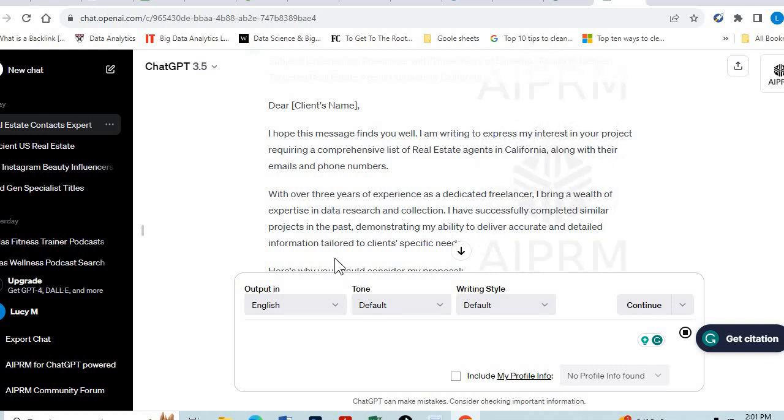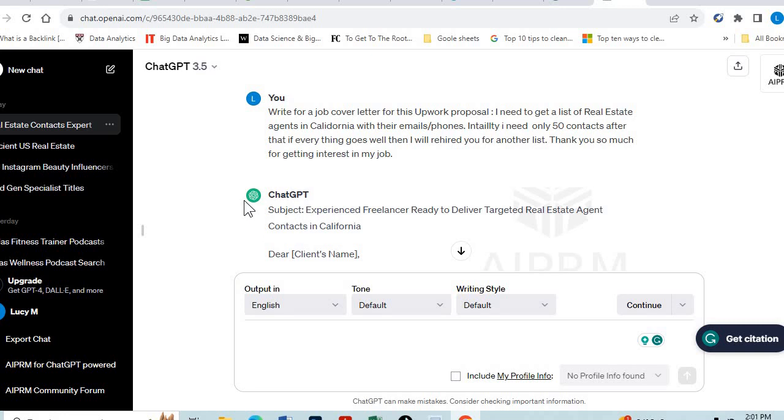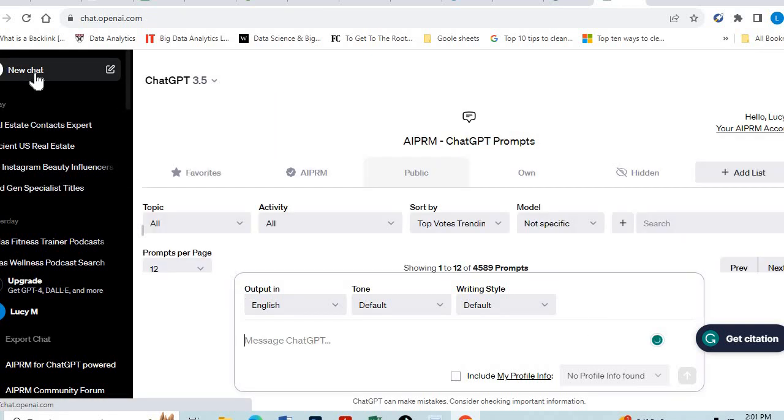Something else you need to know is that ChatGPT sometimes will not have answers for things, because it's an AI tool. Number one, you cannot use ChatGPT to get clients, contacts, email addresses, telephone numbers. There are some things ChatGPT cannot do, but it can help you. Say you wanted to do research on real estate contacts and you do not know where to start, you've been given the job, and this client has told you that they want you to get real estate owners, you can tell ChatGPT to list for you